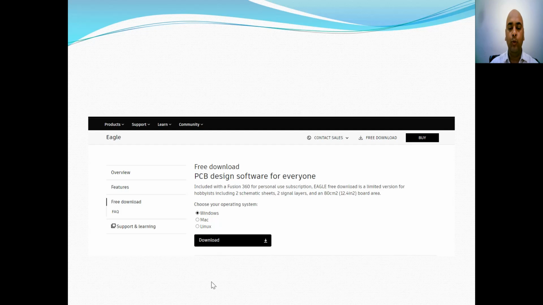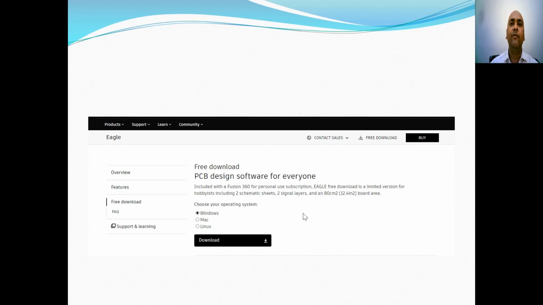Now, by choosing the appropriate operating system, start downloading the exe file for Autodesk Eagle. The free version of Autodesk Eagle has limited capabilities in terms of the board area, in terms of signal layers, and in terms of schematic sheets.